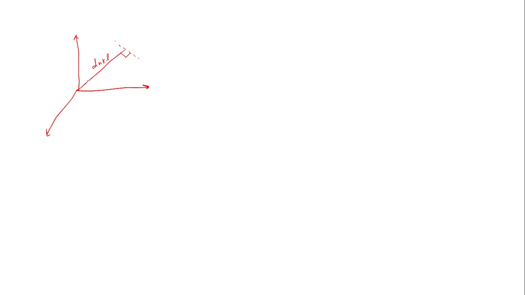So if its angle with the x-axis is, let's call it phi A, angle with the y-axis, let's call it phi B, and its angle with the z-axis is phi C. This is my x-axis, this is my y-axis, this is my z-axis. Now in this case, you see d_hkl,